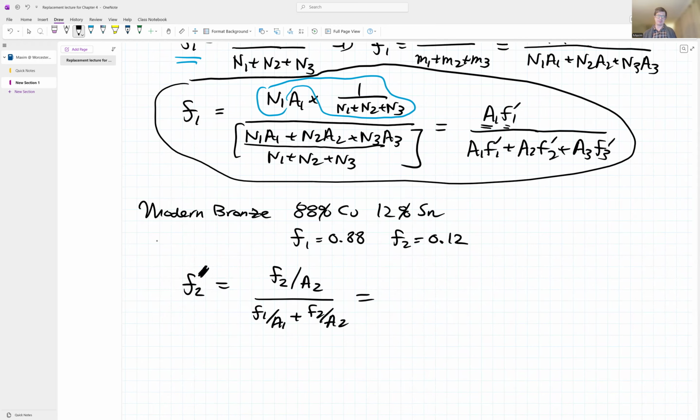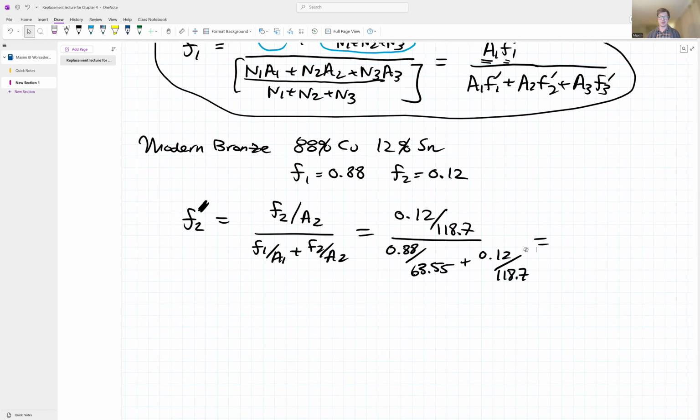So F2 is 0.12 over the atomic mass of tin, which is 118.7. And then this is 0.88 over 63.55 and 0.12 over 118.7. If we plug that in, we get a fraction